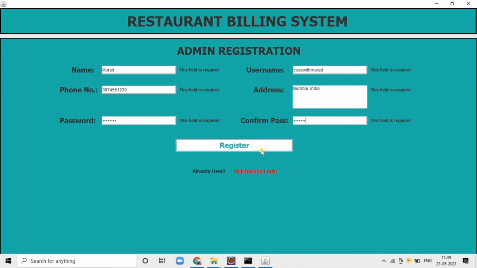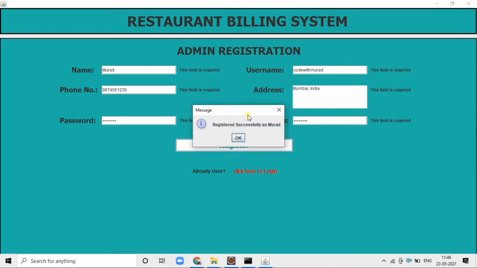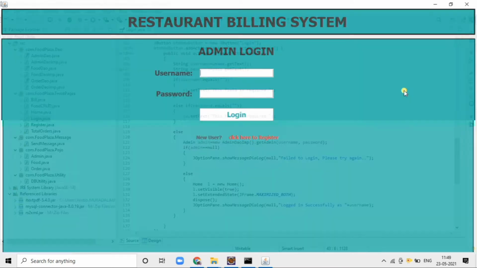And when we enter the wrong confirm password, it will show password mismatch. Now enter the correct one. Okay, registered successfully as Murad.